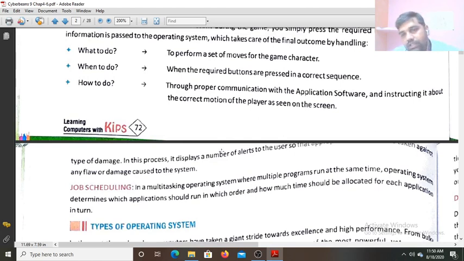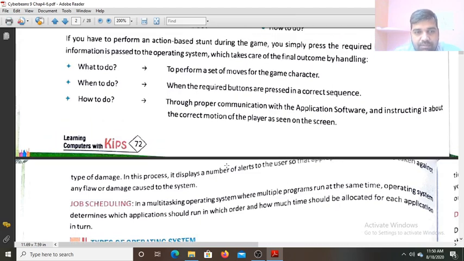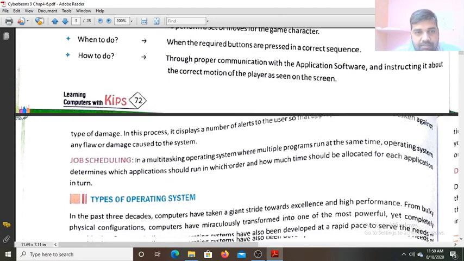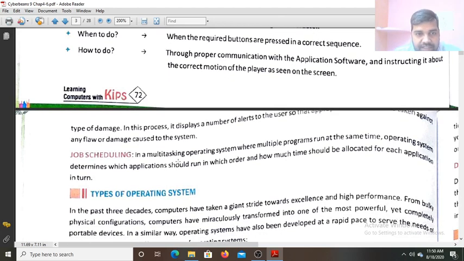Suppose there is a problem in the printer, it will display an alert that we don't find the printer. So you will understand there is some problem in the hardware, and the computer is not recognizing that hardware. Any flaw or damage caused to the system, that is called error detection. What the problem really is in the system will also be displayed with a message.